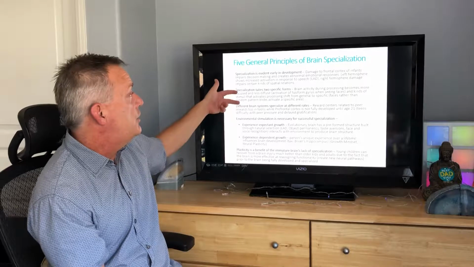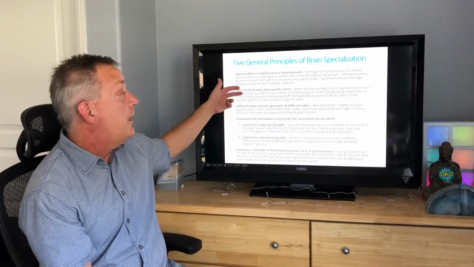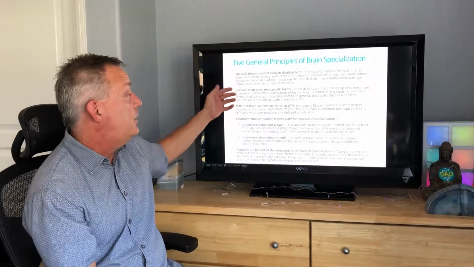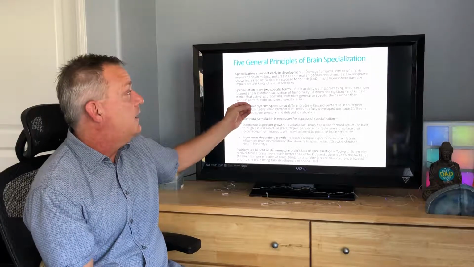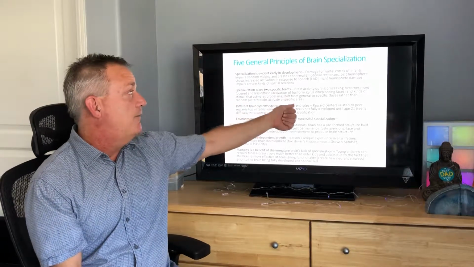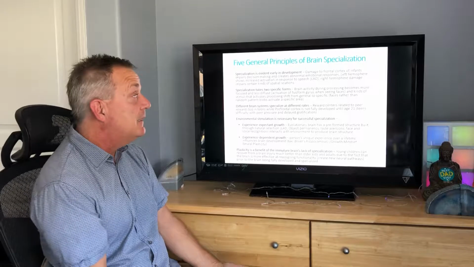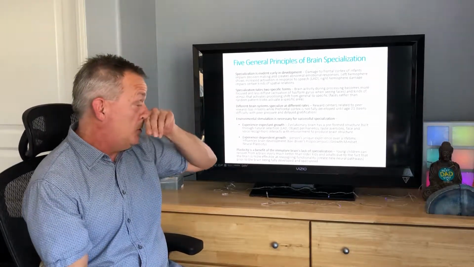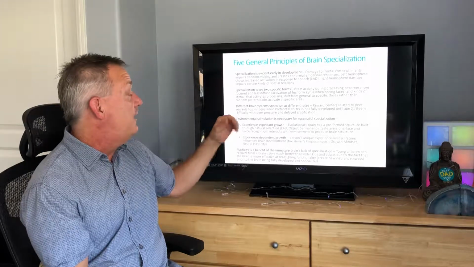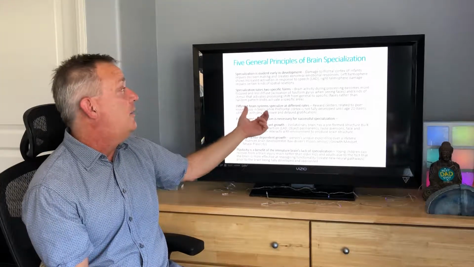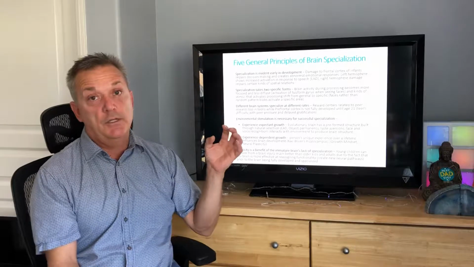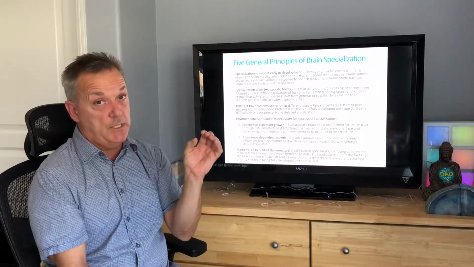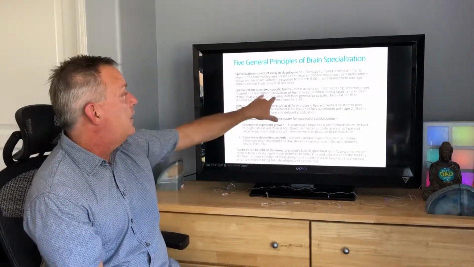The specialization takes 2 specific forms. Brain activity during processing becomes more focused and less diffuse. And they talk about the activation of the fusiform gyrus when seeing faces, and kinds of stimuli that activate processing shift from general to specific. Faces rather than random pattern blobs activate a specific area. So they're really talking about the specificity of the areas of the brain